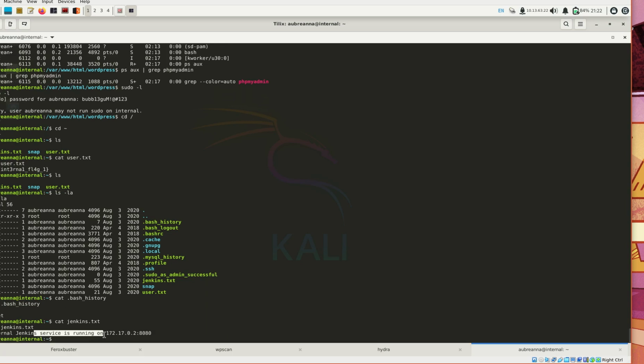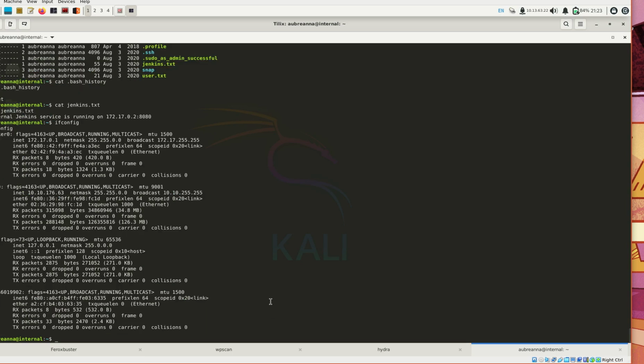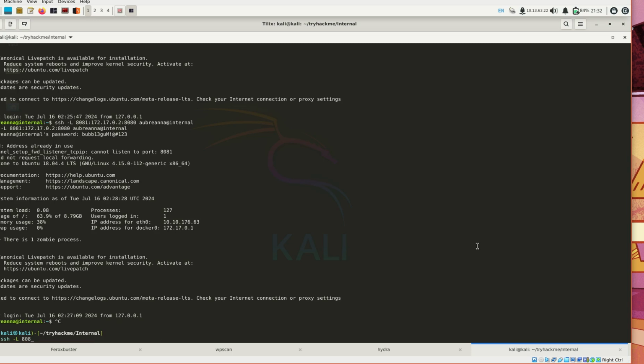Internal Jenkins service is running on 172. Two methods come to mind, SSH or Ligolo. And I think I'll do Ligolo because I haven't done that on a video. What did I say? So 8081, and I'm going to 172.17.0.2 8080 as